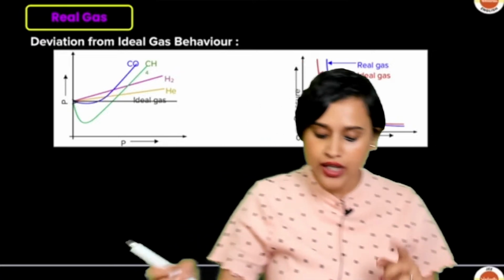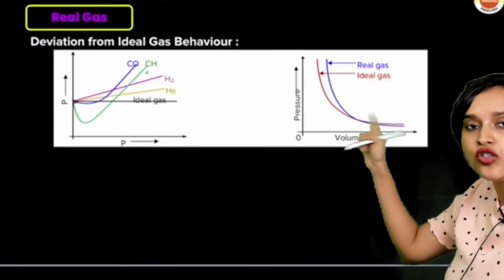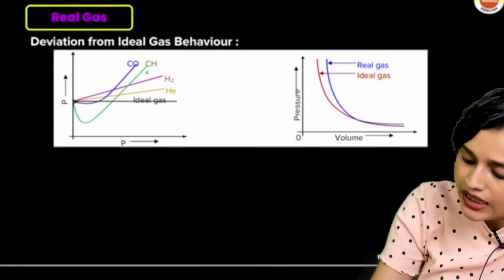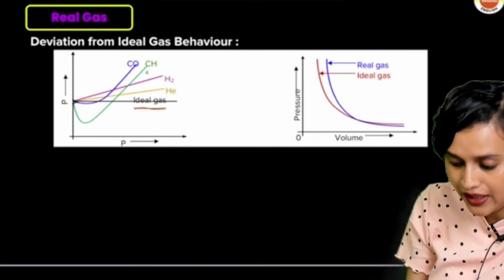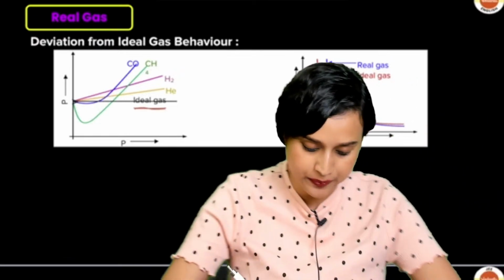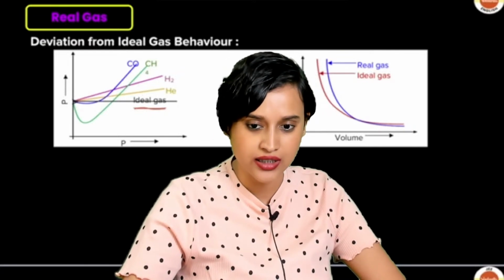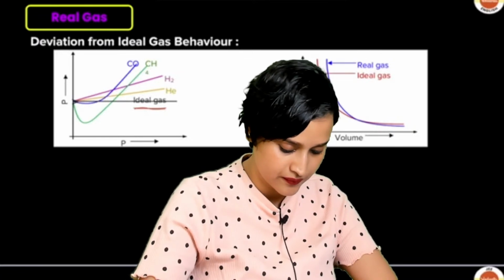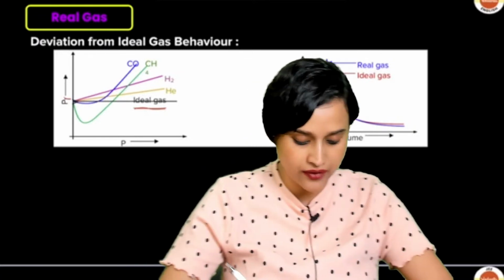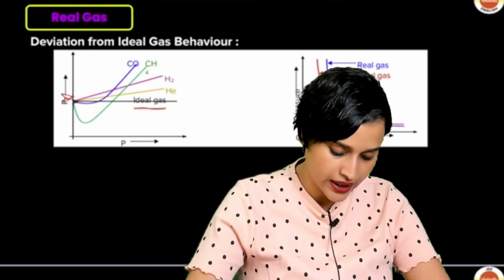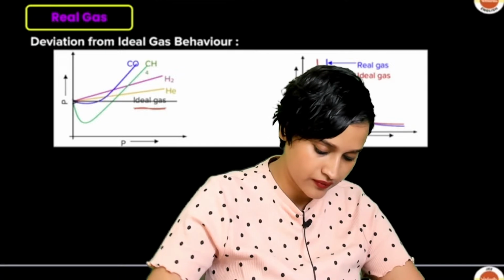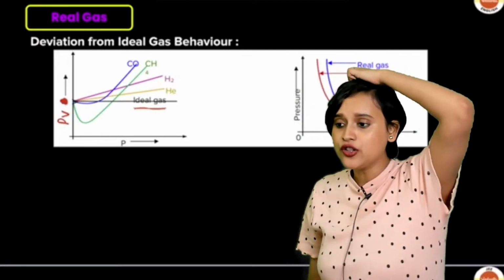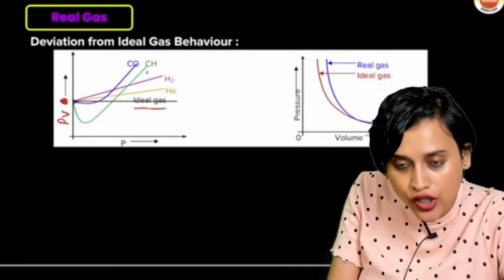So what did we do? Please check out this graph, the first graph here. You can clearly see the straight line if you draw a graph for PV and P. Pressure and pressure, so you can't draw, no? Yeah, PV and P. Correct it, okay? It's going to be PV. So when you draw a graph like this, this is your ideal gas.